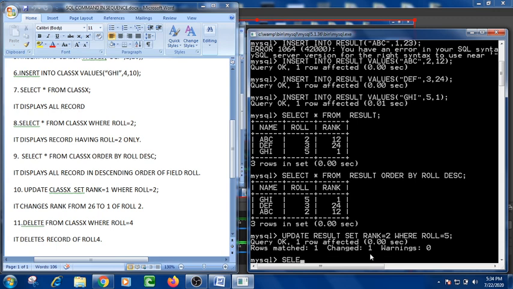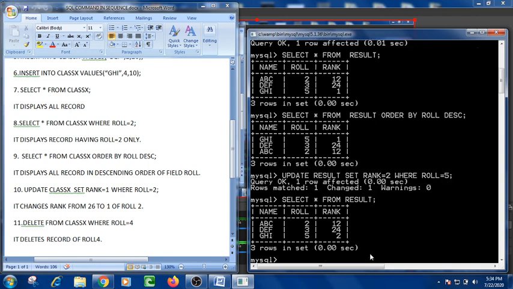For this I have to write select asterisk sign from result. Now you can see, roll number 5 was having the rank 1. Now roll number 5 is having the rank 2. So this is the change.